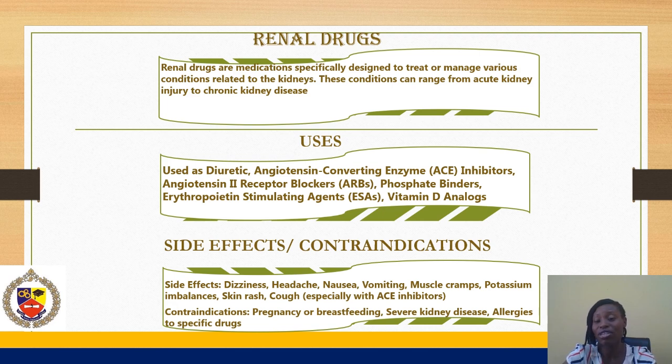These conditions can range from acute kidney injury to chronic kidney diseases. I'm sure you know the difference between acute and chronic. So these renal drugs can be used to treat infections and diseases that are related to the kidney generally. They can be used as diuretics, angiotensin converting enzyme inhibitors, angiotensin 2 receptor blockers, phosphate binders, erythropoietin stimulating agents, vitamin D analogs. Side effects,